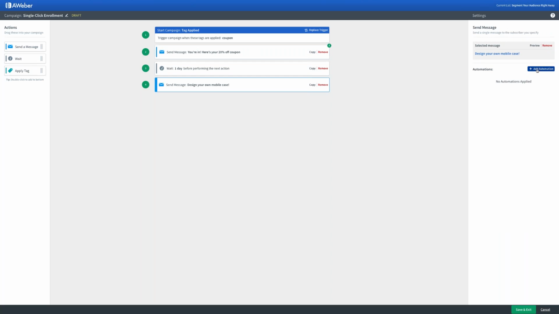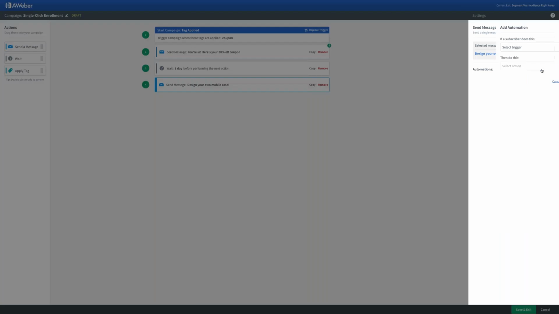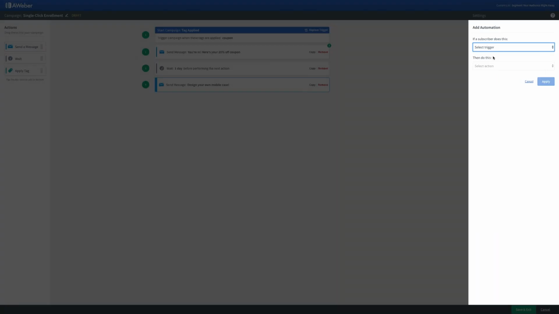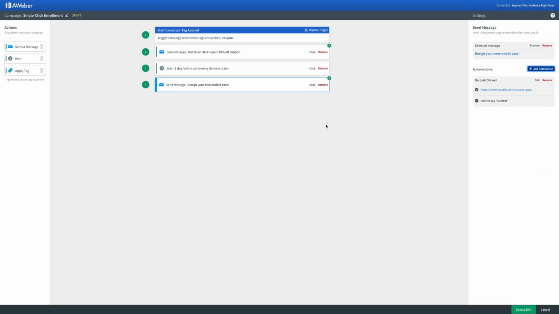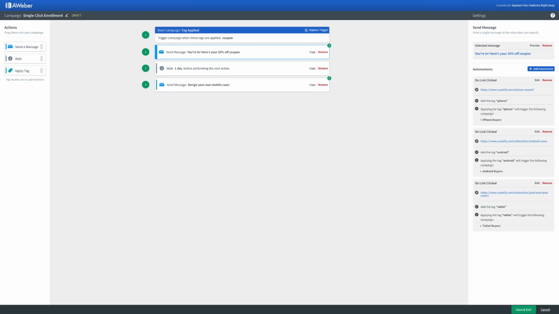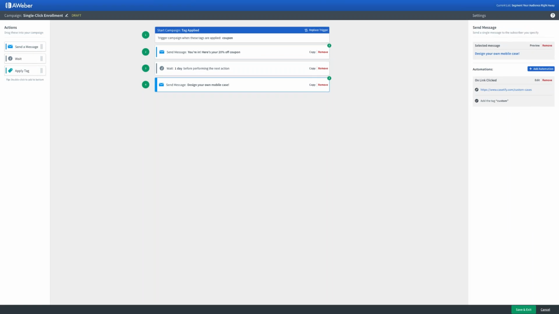From here, I'm going to build out an automation because it's providing an additional link to the custom cases. I'm going to add a tag to that, and I'm going to make that custom. So now, not only do I know from the first email that they may be interested in iPhone cases, but now I know that they're interested in custom design cases as well.